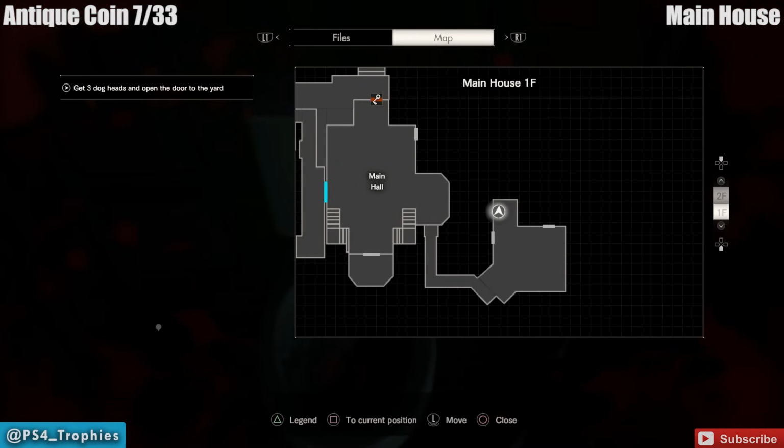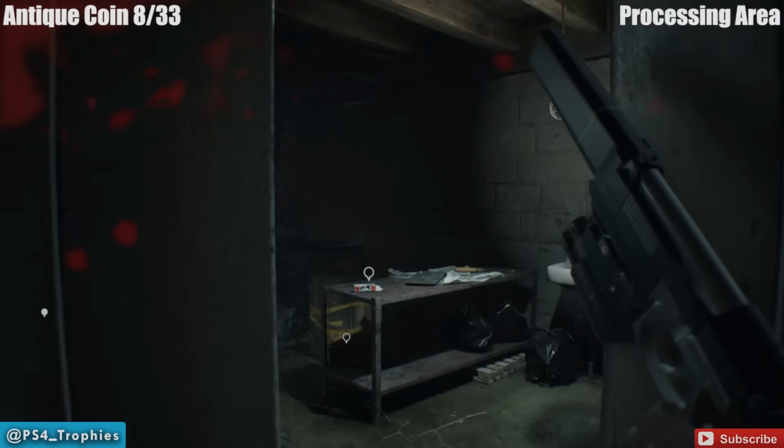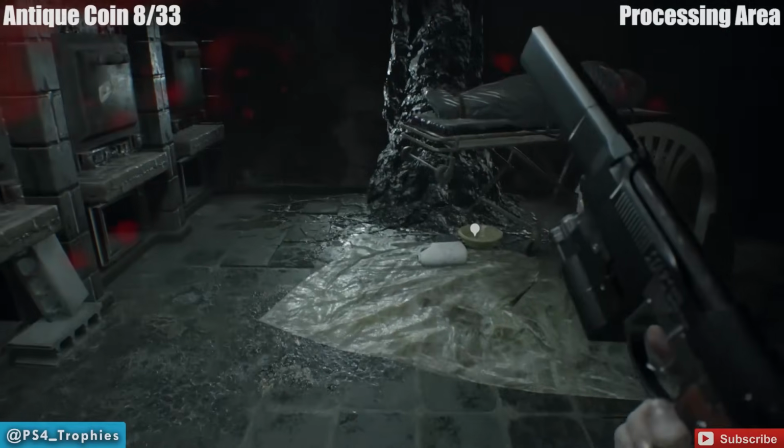So now we're going to head down into the processing area. We're going to go to the incinerator room. Inside the incinerator room, back here in the little dish,